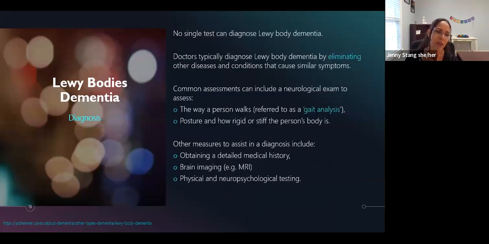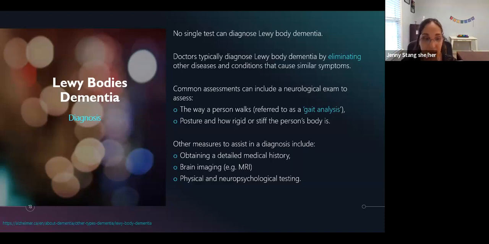So how do you diagnose Lewy body dementia? Well, there's really no single test to diagnose it. Doctors will typically diagnose it by eliminating other diseases and conditions that could cause similar symptoms. Common assessments can include a neurological exam, so they can assess the way a person walks, which is referred to as a gait analysis, and they can assess their posture and how rigid or stiff a person's body is. Other measures to assist in diagnosis could be obtaining a detailed medical history, brain imaging or an MRI, and physical and